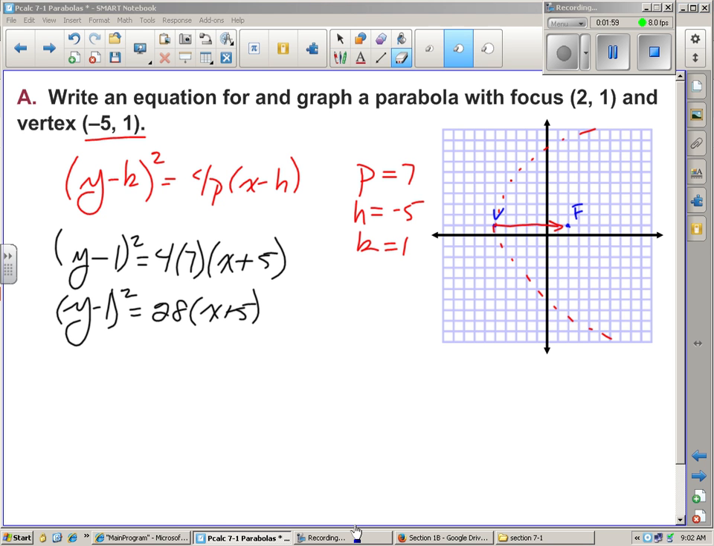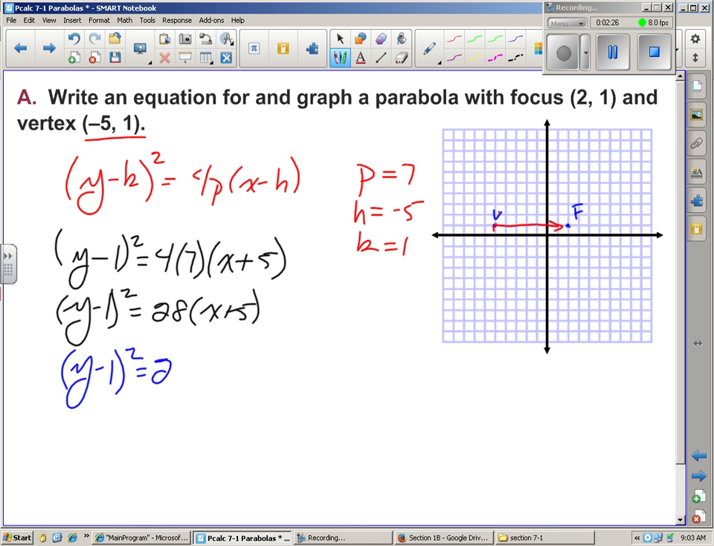So I'm going to erase my rough sketch in here so I can get a little bit more accurate. And then we're going to just pick a point for x and see what we come up with for y. Now, I know the general direction. I know that this parabola is going to cross an x value of negative 4, and that's 1 away from the vertex. So I'm going to put negative 4 in for x, making it (y minus 1) squared equals 28 times (negative 4 plus 5), or (y minus 1) squared